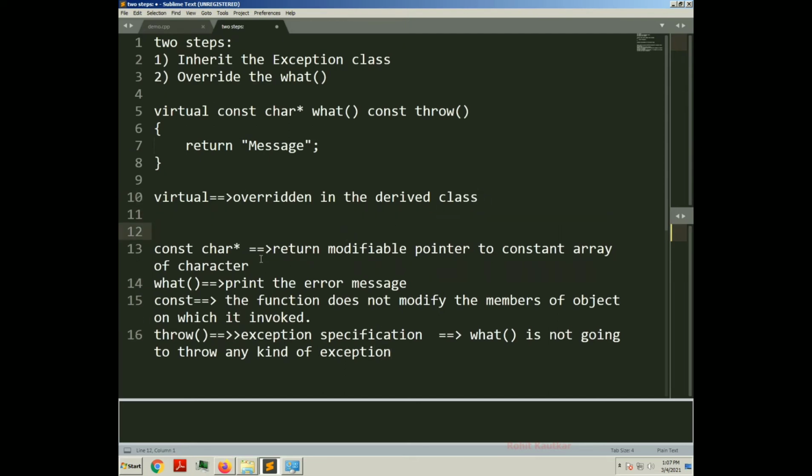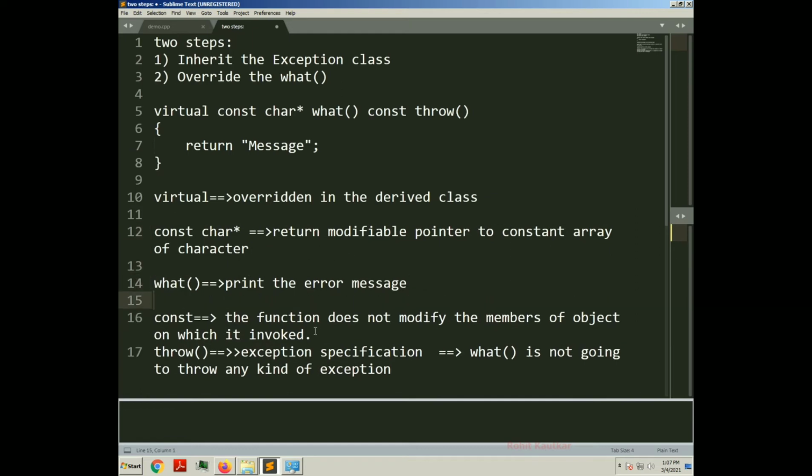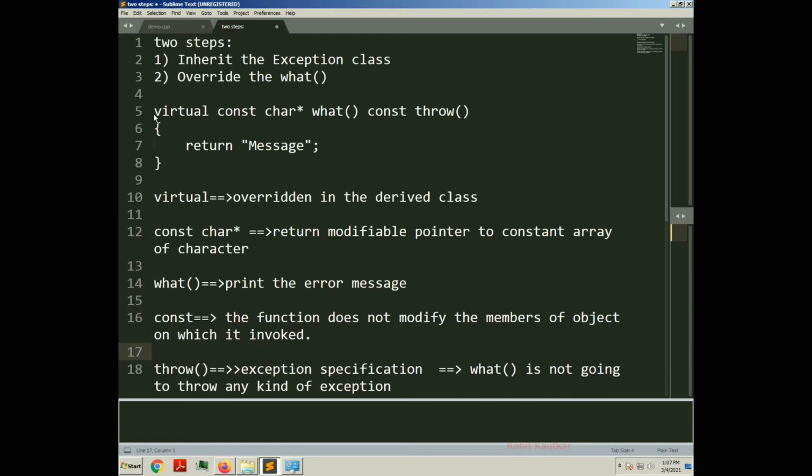So this is how the statement virtual const char* what() const throw() is written, and here we will return a certain character message.